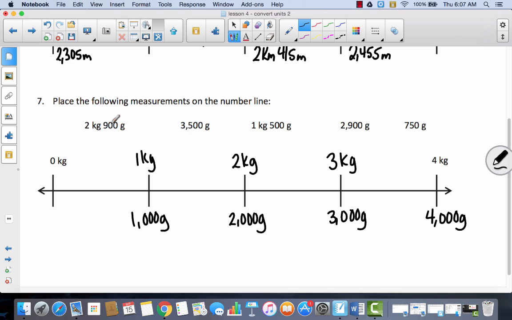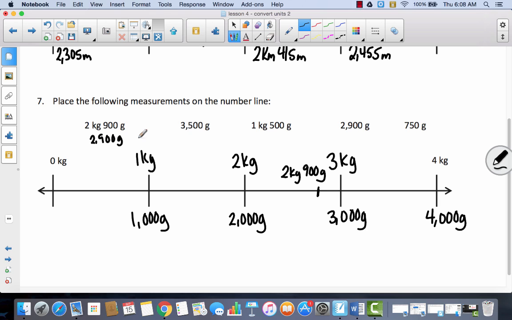I'm trying to decide if it would be easier to put these on the number line going with mixed units or grams. And I think you could do it either way. I think the easiest way to understand it might be to look at these in terms of grams. So like if this is 2 kilograms and 900 grams, that's the same thing as 2,900 grams. Now, 2,900 is going to come between 2,000 and 3,000. Halfway would be 2,500. So I know that 2,900 would be about right here. Now I'm going to go back to the original label, and I'm going to label this 2 kilograms,